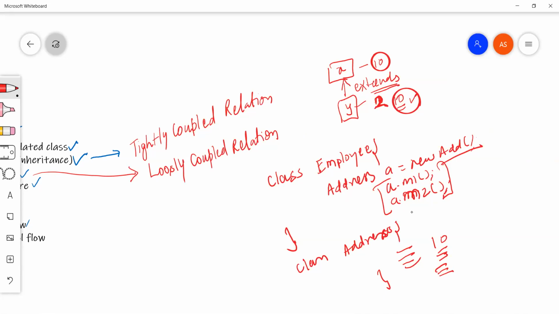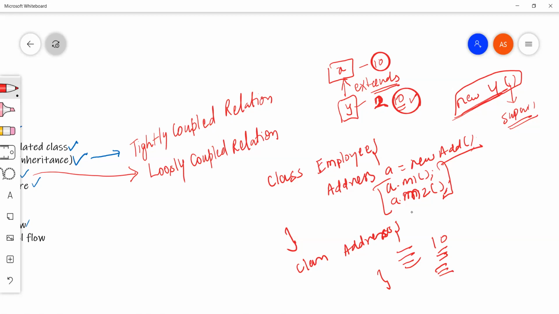When you say new Y, only then it will load the object or the data for X, because when you create Y, it is internally calling super. We have seen this, right? And super means a constructor call, and a constructor call is related to object creation.